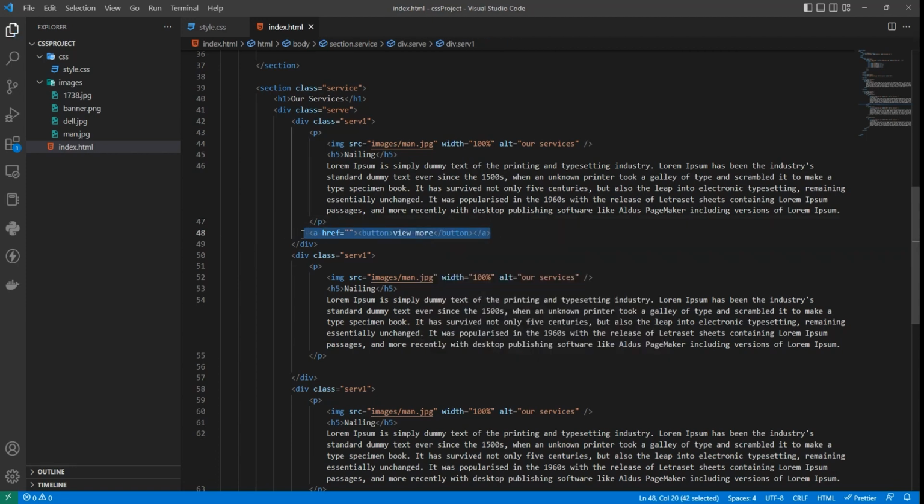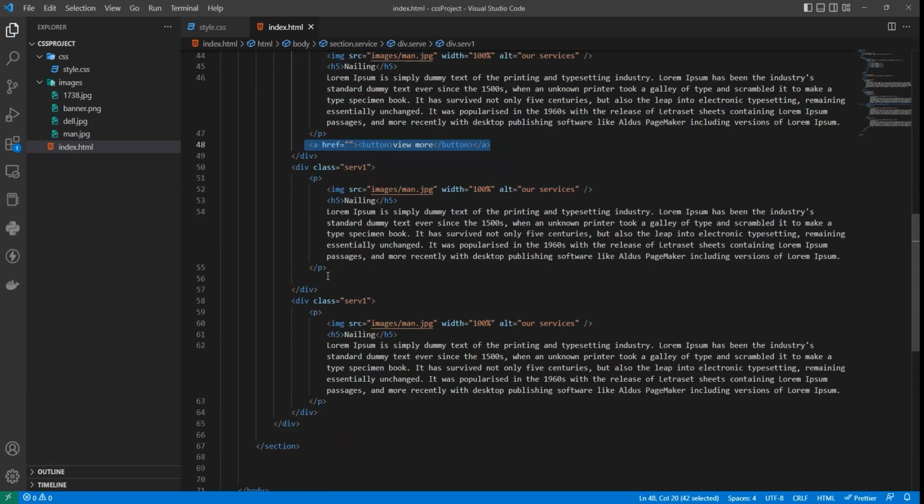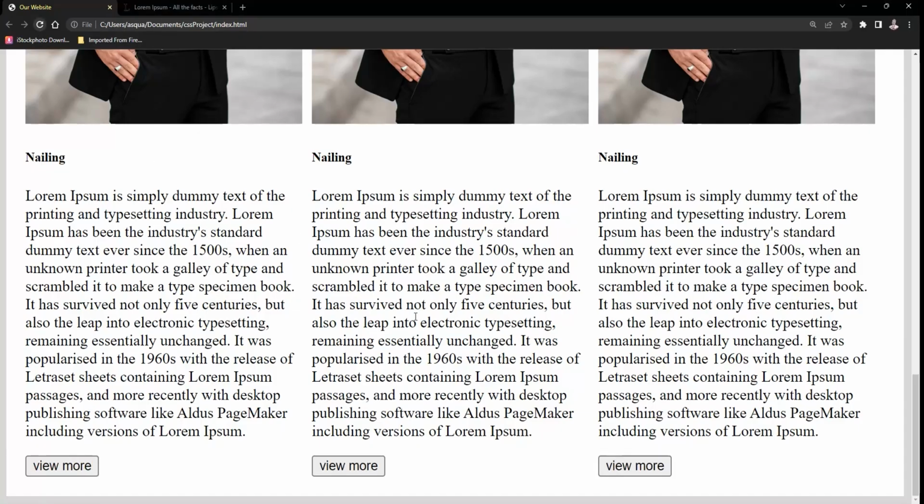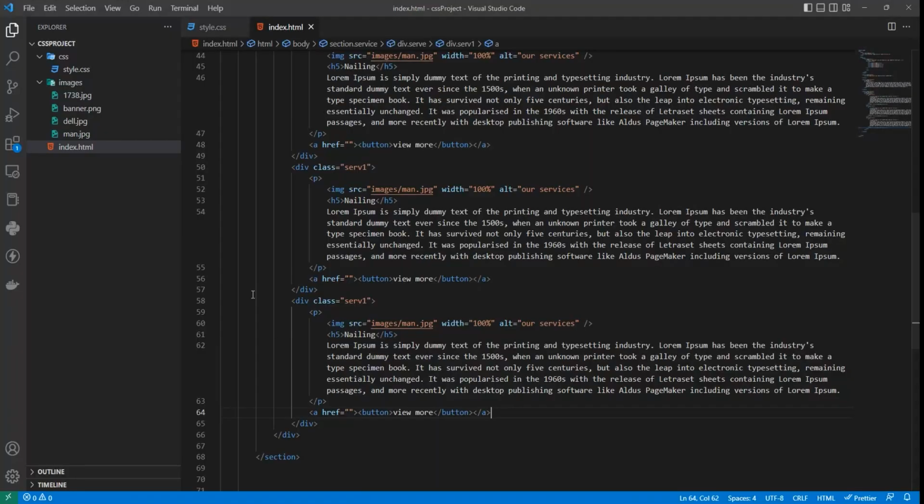Now if I copy this and paste it for everyone, I should have this for everyone. Yeah, so you can see it's clickable, we can view more. It's clickable, we can view more. Let's style the button a bit. So let me just say class btns. So when I come in here, I can say